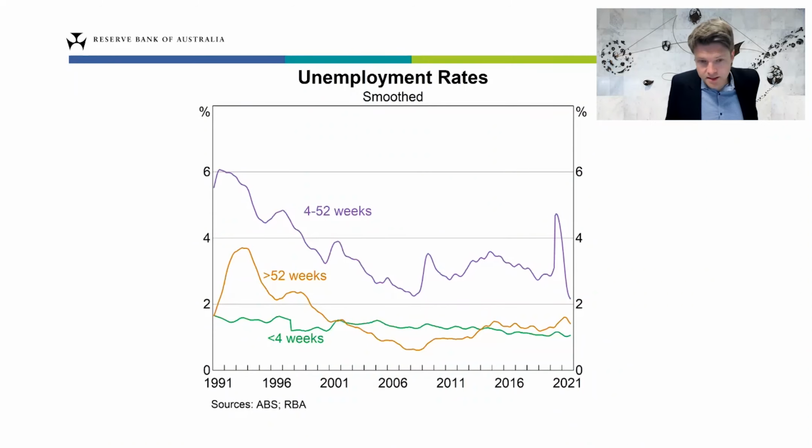And what we can see from the orange line on this graph is that long-term unemployment has declined a lot since the early 90s, especially in the period leading up to the global financial crisis. It's hard to pinpoint exactly why that's happened, but there are some candidate explanations that make a lot of sense. One of those is a concept that economists refer to as hysteresis or scarring. The basic idea here is that structural unemployment rose a lot during the early 90s recession because that was a very deep and very protracted recession.